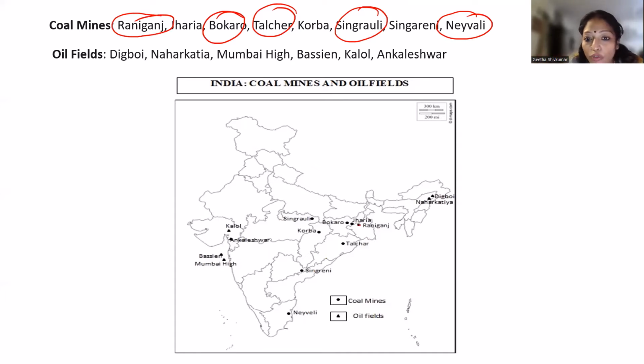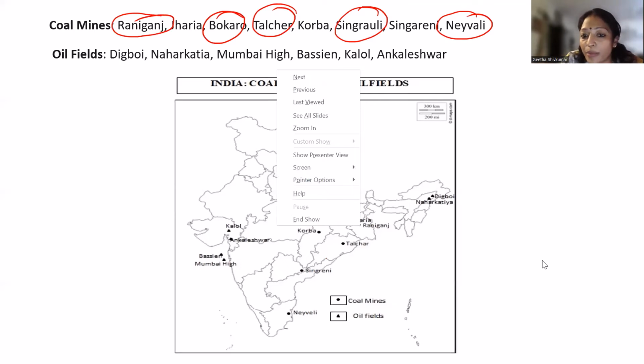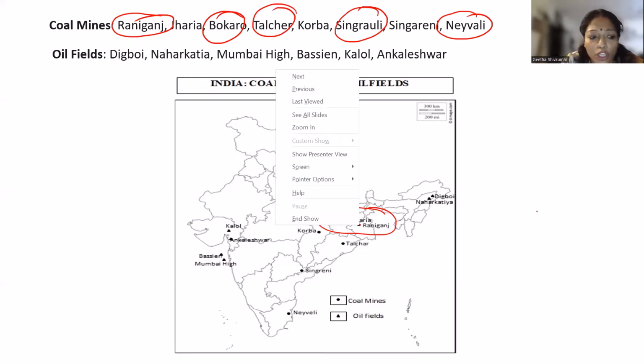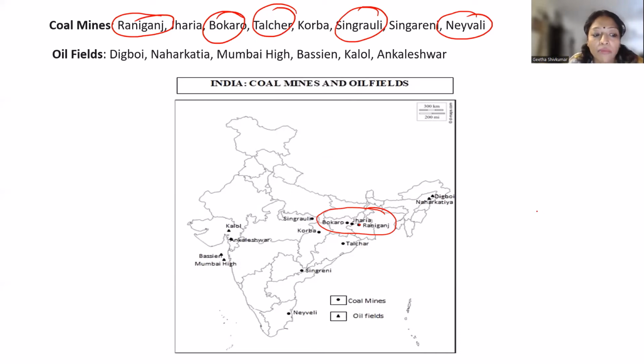Raniganj is here. Which is the state? This is West Bengal. So if you look at these three places, it is very easy to learn. How is it easy? If I know Raniganj is in the West Bengal extreme, just below the border of Jharkhand. Jharkhand, West Bengal. Okay, so Raniganj, and just a little further,